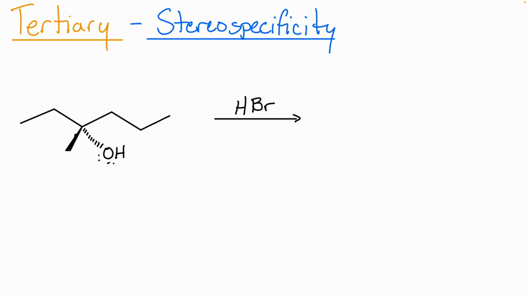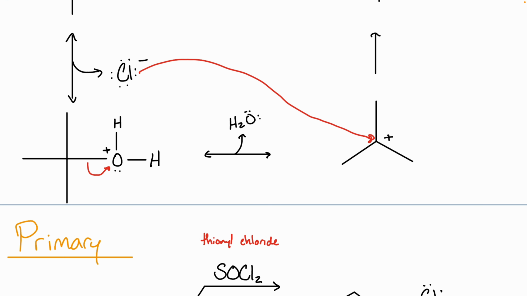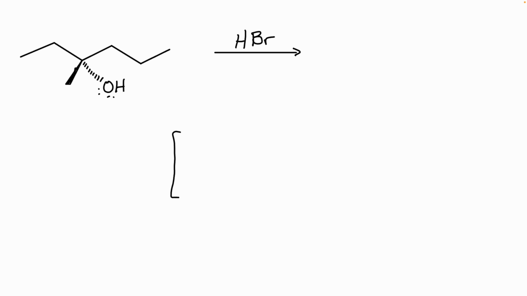Okay, and I'm not going to do the full mechanism here, but let's just remember our famous intermediate we've seen over and over again. What do we call it? What's this guy? Carbocation intermediate, right? So, world famous carbocation intermediate here. Our carbocation is going to form on that carbon that had my hydroxyl group after it gets kicked off. But what do we know about the hybridization of a carbocation carbon? sp2, which means it is trigonal planar. Right? So now all these three bonds are in the same plane. So it goes from being tetrahedral to now being this completely flat trigonal planar shape,